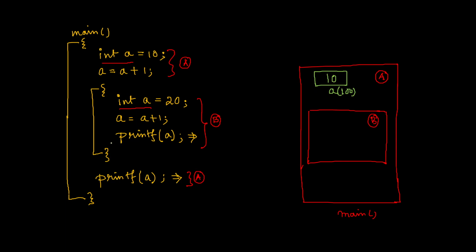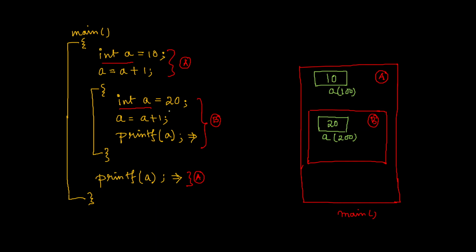The compiler actually allows storing or declaring two variables having the same name but in different scopes, even if they are in a hierarchy. Obviously this scope is in a hierarchy of this scope: it's the inner scope, and that's the outer scope. So the computer will allow declaring another variable whose name is the same and whose address, suppose, is 200, and whose value becomes 20.